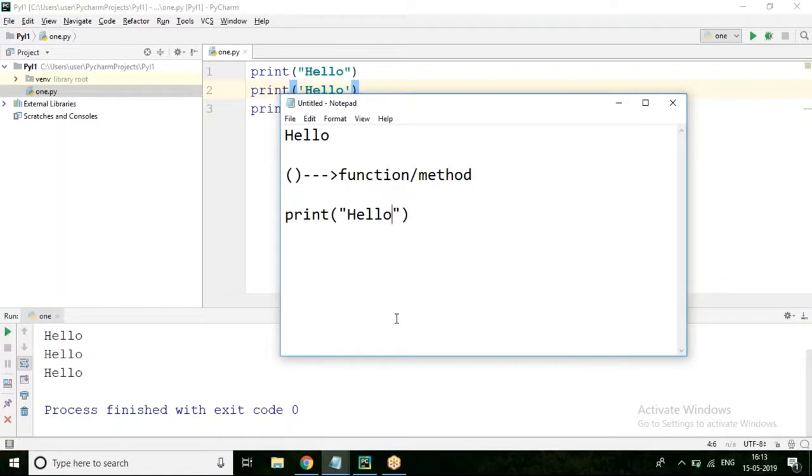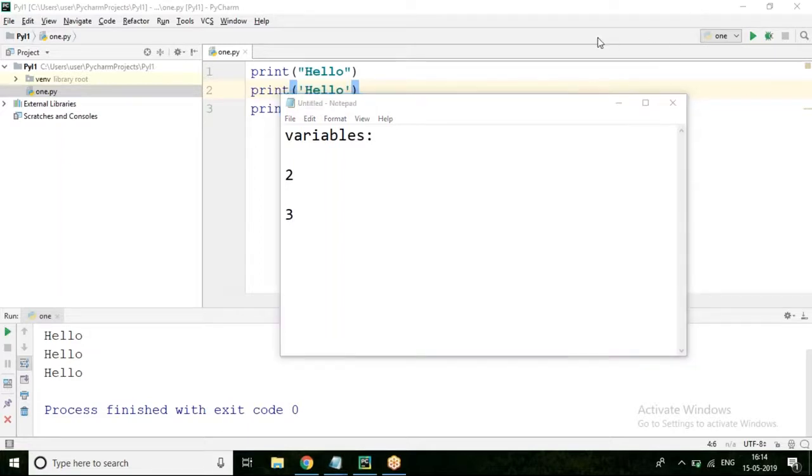Next, we will be discussing variables. Let us say I want to add 2 and 3. If I want to add 2 and 3, I will first try to store this 2 and 3 into the computer's memory. How can you do that?